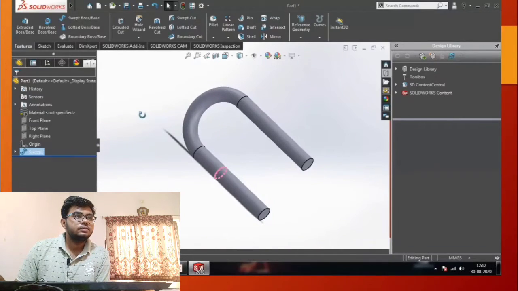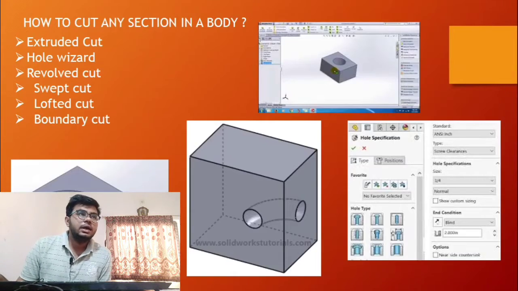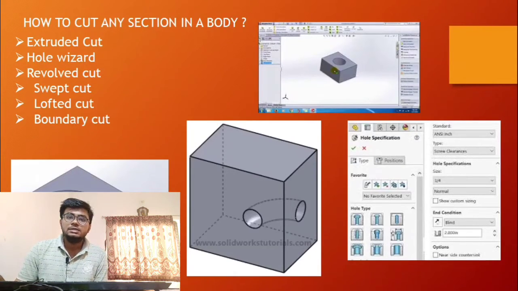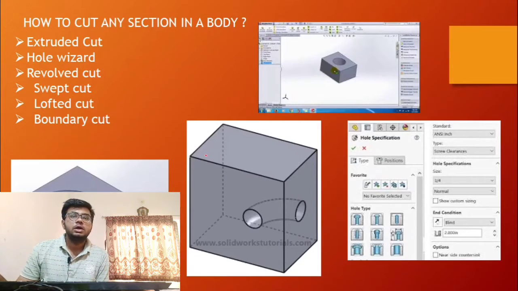Now, how to cut a section in a body. If you created this extruded part and you want a circle cut into that part, there are some commands: extruded cut, hole wizard, revolve cut, swept cut, lofted cut and boundary cut.